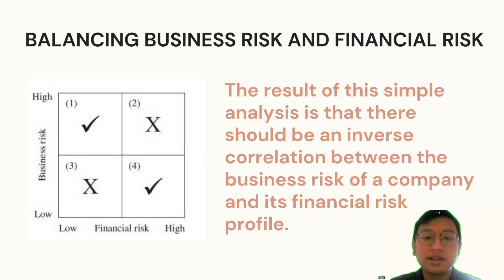As illustrated in this matrix of business and financial risk, the combination of strategies in quadrant 2 is not a logical long-term basis for creating a successful business. Referring to the matrix of business and financial risk, this means that high business risk companies should use low-risk financing, as shown in quadrant 1 of the matrix.